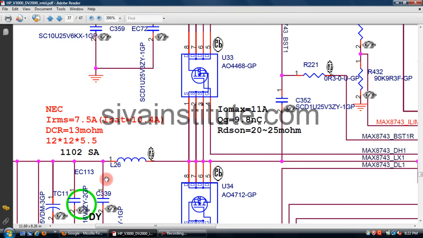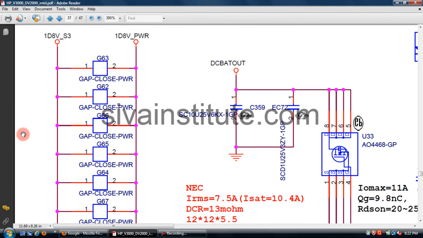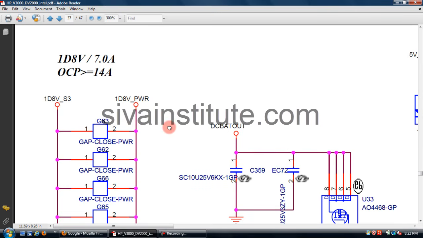This voltage goes through L26. This voltage goes through gap capacitors. This voltage goes to 1D8 S3. This is memory supply. This voltage goes to memory slots and the memory controller, the GMCH memory controller and memory slots. This voltage goes to